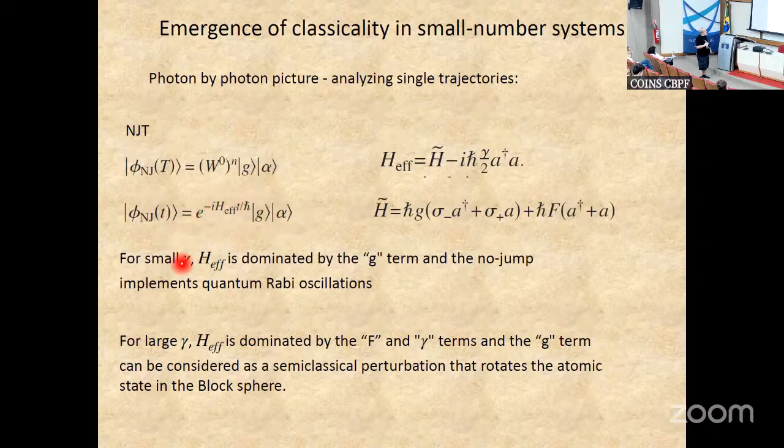And if I have a small gamma, this effective Hamiltonian, the non-emission Hamiltonian, is dominated by this term here. And this is the Jaynes-Cummings, and then I get the oscillations that I should get. So basically, the no-jump trajectory will make Rabi oscillations between my atom and my field. And then if gamma is very small compared to G, for the time of one or half a Rabi oscillation, the chance of having a jump is very small. So most of the time, what I get is the no-jump trajectory. Okay.